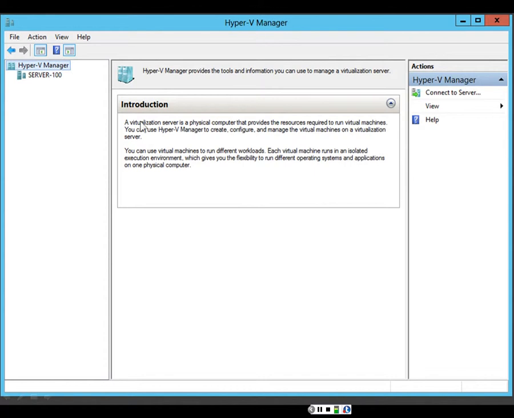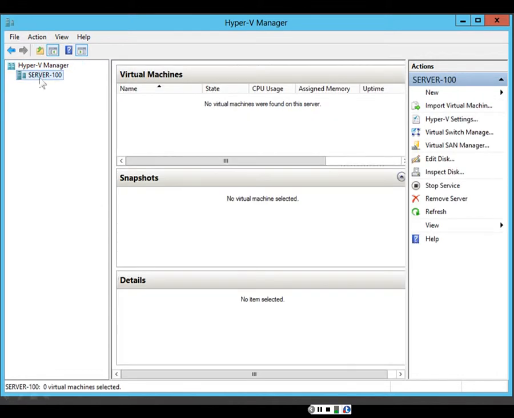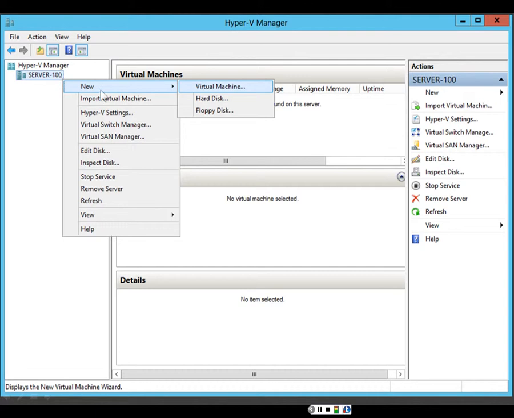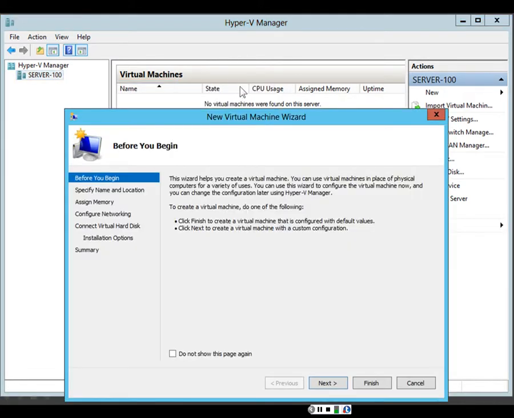If we look at the description, we can see that a virtualization server is a physical computer that provides the resources to run virtual machines. And if we look on this server, we can see that there are currently no virtual machines. So let's create one. I will right-click and select New, followed by Virtual Machine. I look at the New Virtual Machine wizard, and it tells us that this wizard helps you create a virtual